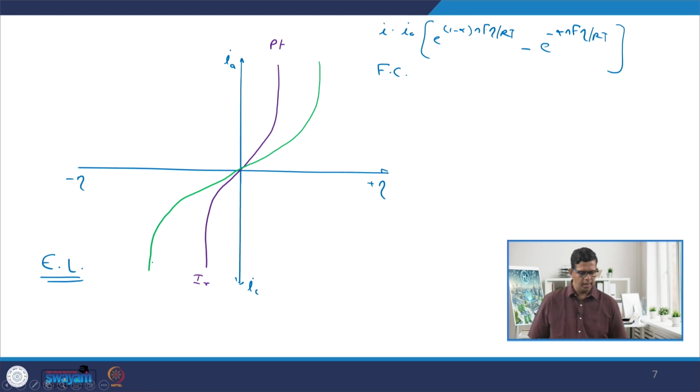So, what does it imply? It implies that this is nickel. So, if I take the case of a fuel cell, I can see that if I want to draw a similar current,